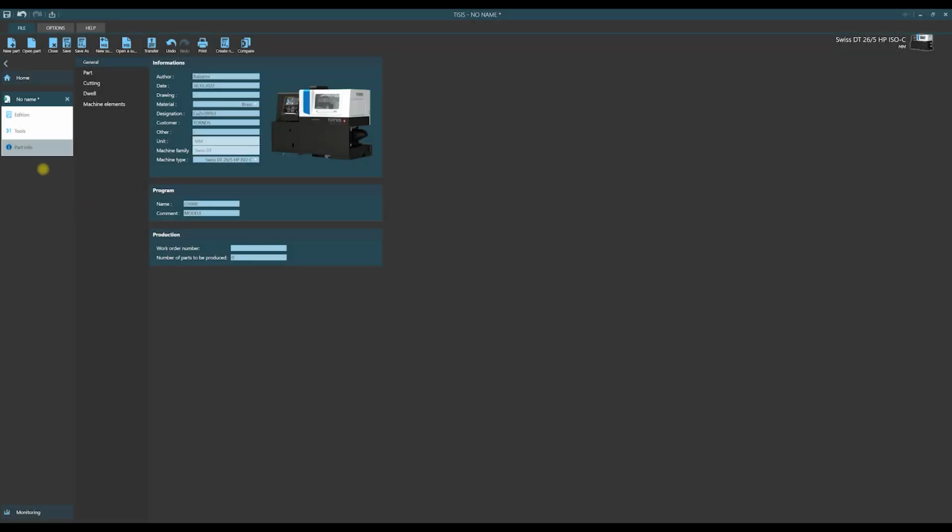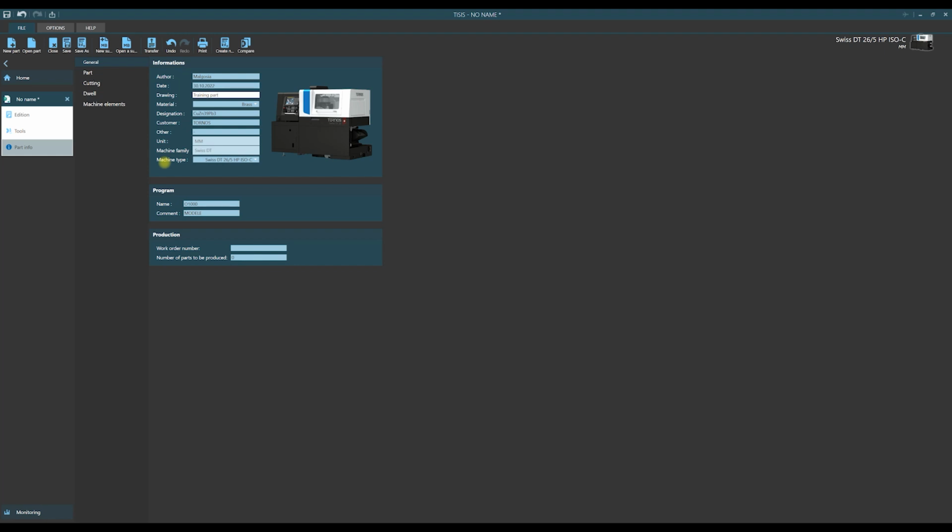Let us start with part info. You see that it consists of some tabs. The first one, General, contains 3 forms. In information, we can introduce our descriptions. I typed my name, and also I introduced the description of the drawing of our part. The subsequent lines I will leave without change because our part will be machined in brass, so those descriptions are correct.